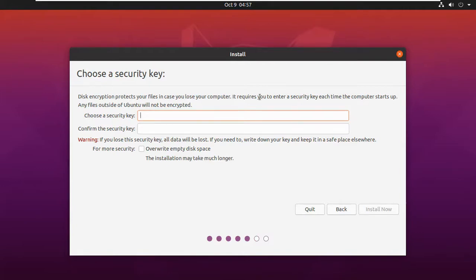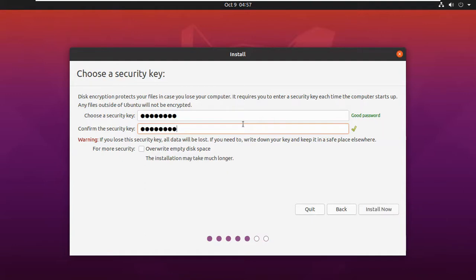If someone is trying to access it, he will have to give this key. Very simple. If he knows it, then only he can access your disk. But if he doesn't know about this key, he cannot access your disk. So we can create that key here. I'm giving one key here, and it is telling me the passwords do not match.